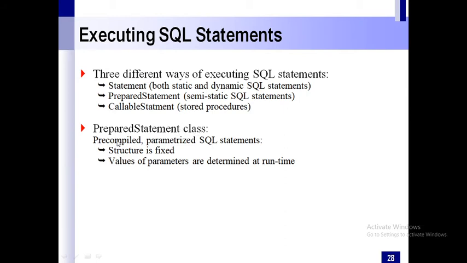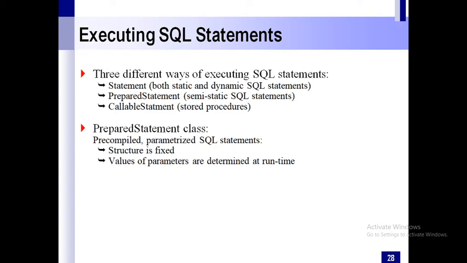The PreparedStatement class provides a precompiled parameterized SQL statement. Here, the structure of the statement, like what all the parameters you need to pass, will be fixed. In dynamic SQL, you are providing the SQL statements when you are executing the application.